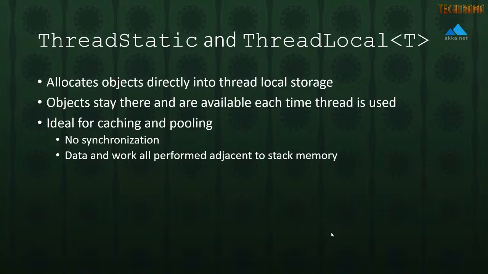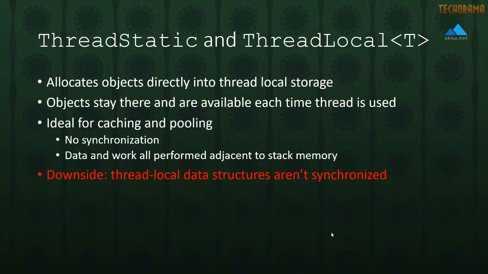All of the data that we need to do our work is in a very adjacent sector of memory to the thread that's doing it. Meaning the thread local memory is, if that thread's running frequently, probably going to end up getting cached inside the CPU that we're on if we have CPU thread affinity, which is not necessarily a guaranteed thing. And that means that our access times are going to improve and we're going to be able to get lower latencies when we do that.